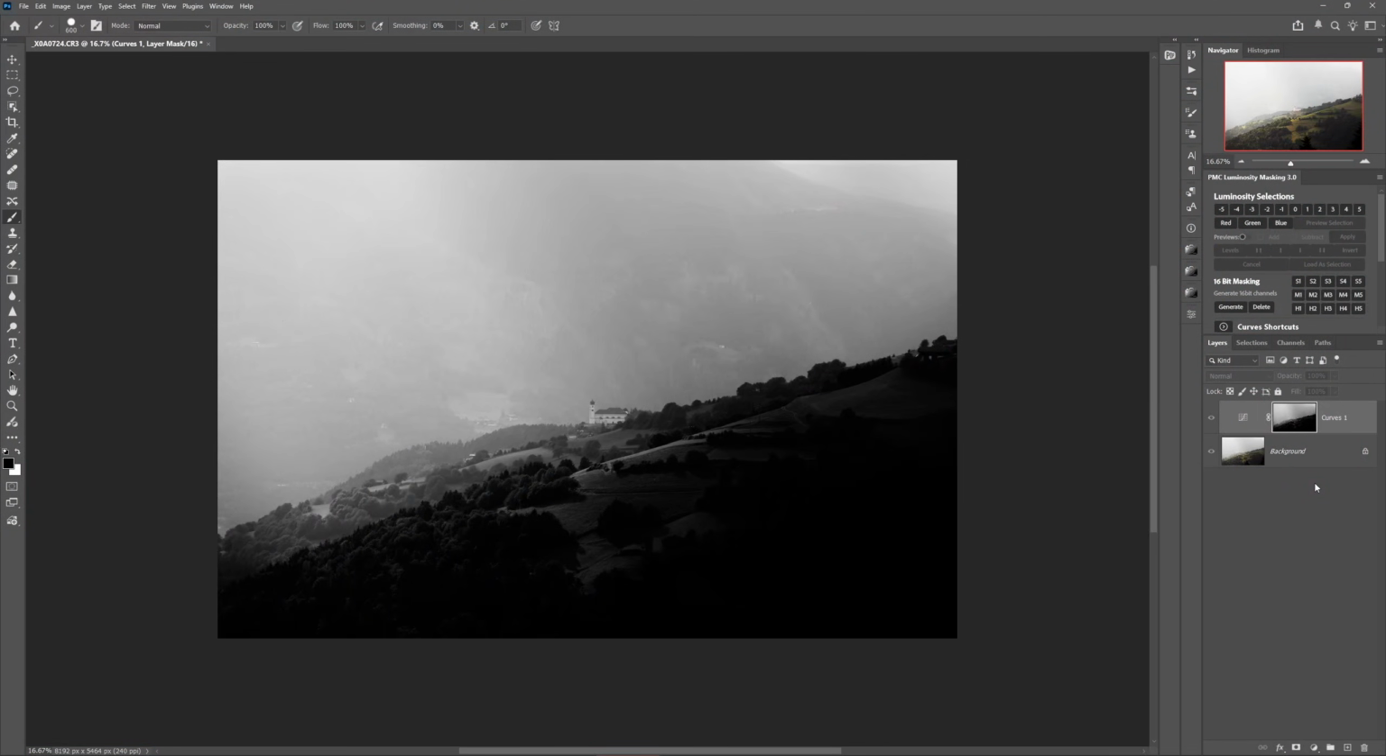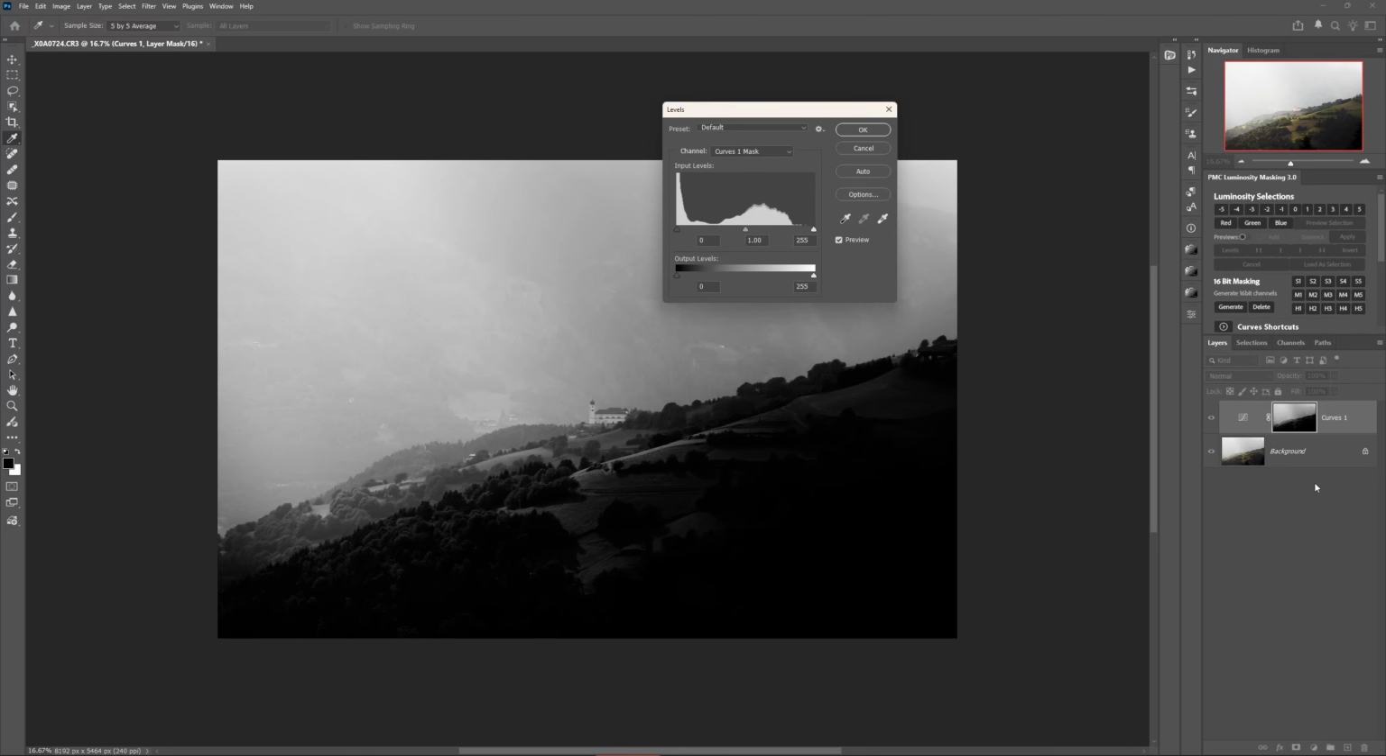Now, to fix this, you could create a more perfectly isolated luminosity selection in the first place when building it in the channels panel, or if you have the pro version of my plugin, then in the selection previews, by intersecting or adding, subtracting with other selections. But that's not always necessary, because there's an 80-20 to be found by adjusting this mask directly using one of two simple methods. The first is by pressing Command or Control L on the keyboard to bring up a levels